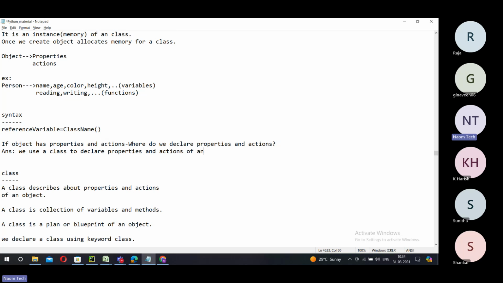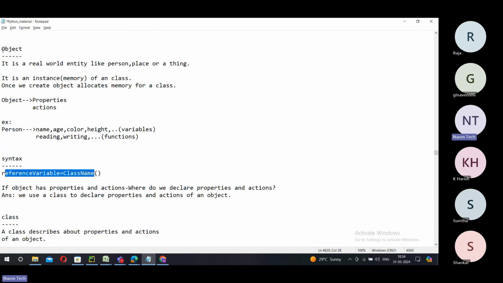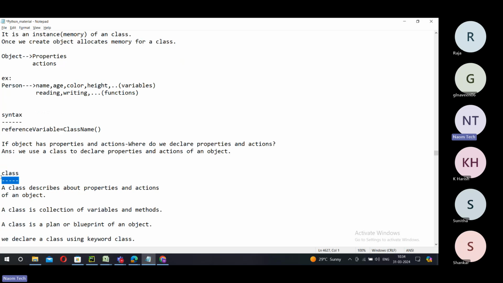So before an object, what we need here is a class first. If we should construct an object, before that what must exist? A class must exist, because a class is a blueprint which talks about the object. If we should create an object, before that we should have a class. So all those properties of an object and actions of an object, all this stuff,